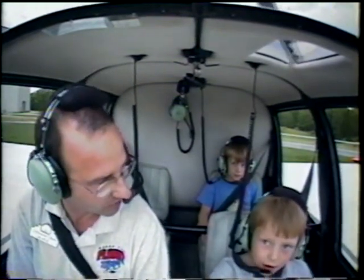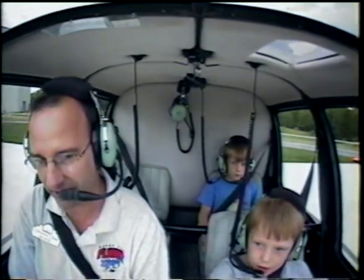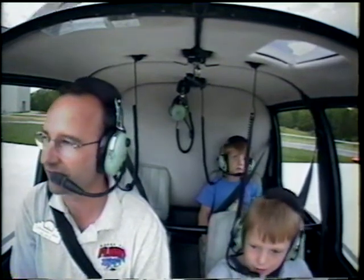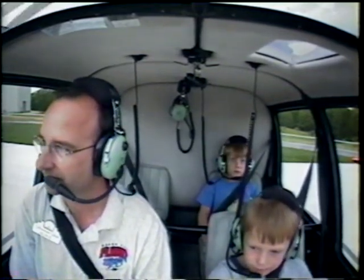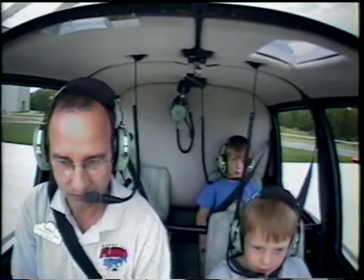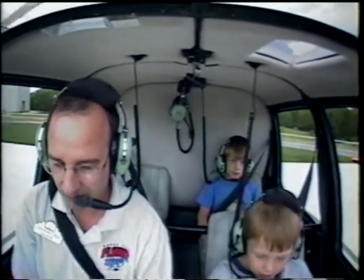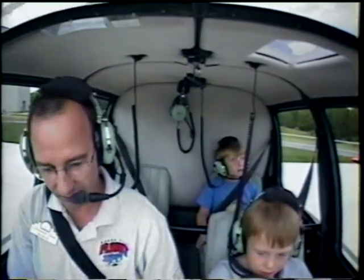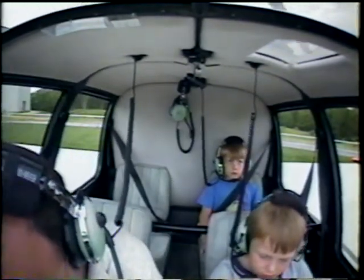Let the blades spin up to the normal RPM and check the engine out, and then we'll be ready to go fly. But let's just sit here and watch everything turn. There's some things in the airplane that spin really pretty fast. Yeah, they sure do. The rotors on top spin real fast. They don't spin quite as fast as propellers on airplanes, but...